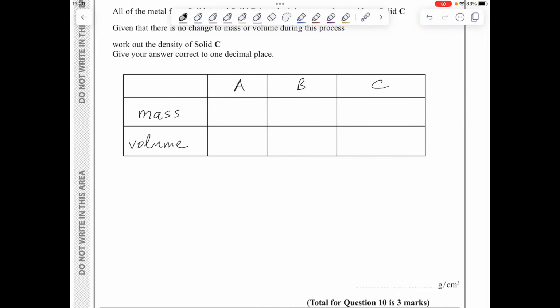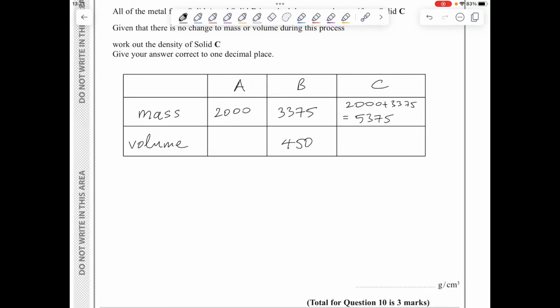I'm given that the mass of A is 2,000, the mass of B is 3,375. Therefore, the mass of C is 2,000 plus 3,375, which is equal to 5,375. I'm also given that the volume of solid B is